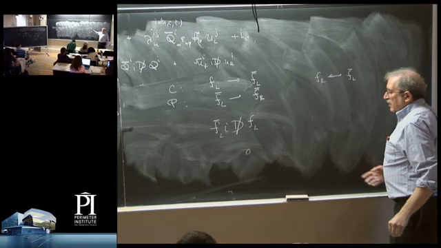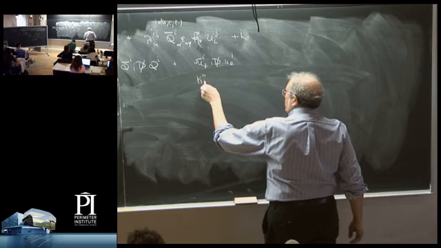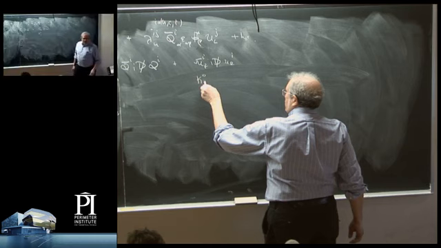Whatever we wrote down in the beginning, we can always make a change of variables to a set of variables where there's a well-defined CP symmetry, which is a symmetry of the Lagrangian. Okay, now this would be great except that CP is violated in nature. And this was learned in a very beautiful experiment done in 1964 by Christensen, Cronin, Fitch, and Turley. And it involved this neutral kaon system that I told you about before.